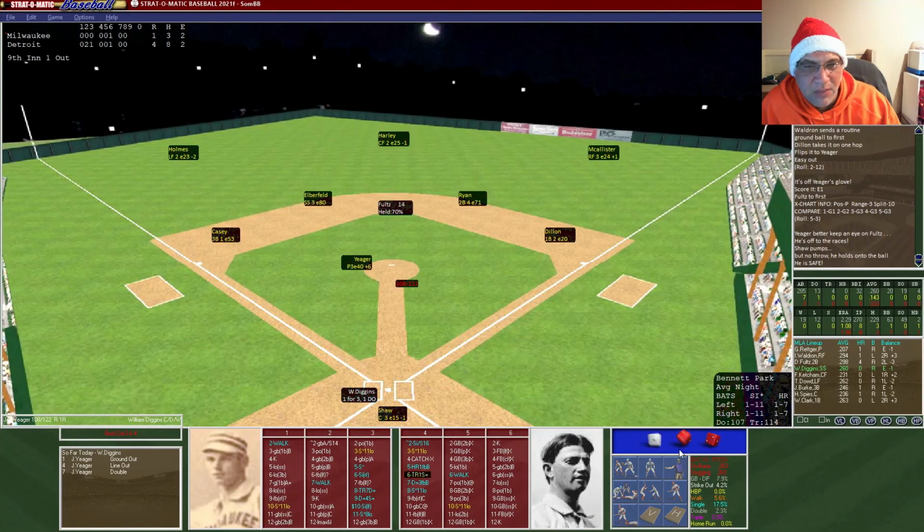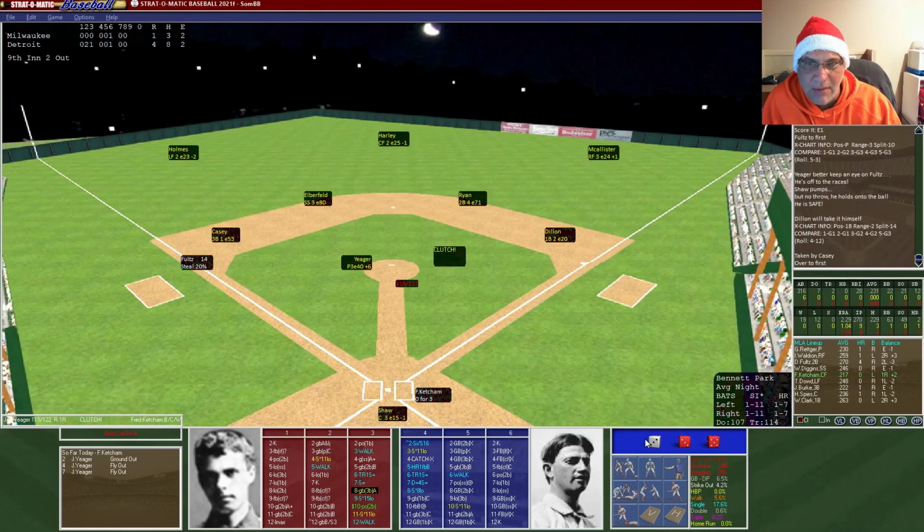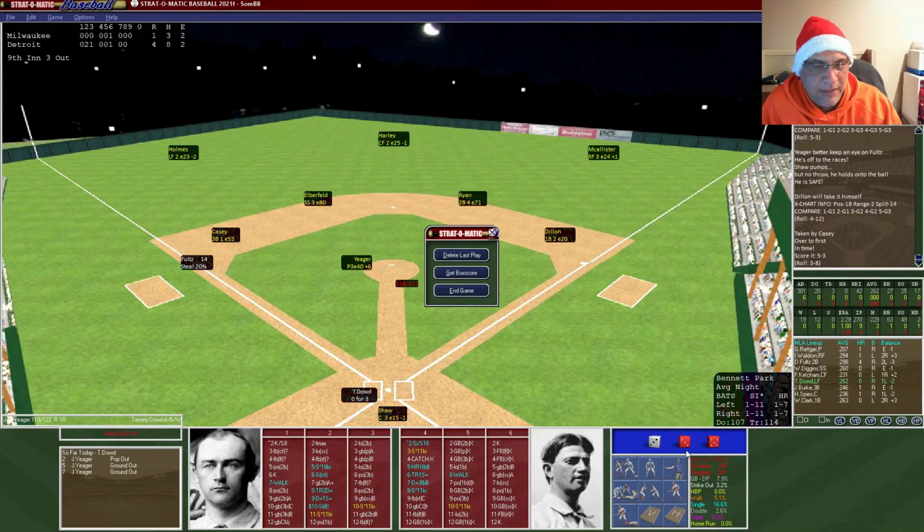Here's Diggins. He's 1 for 3 today with a double. He's going to hit a ground ball to first base. Dillon is a good defender. And Dillon will take care of it himself, letting the runner go over to third base. Fultz on third is not an issue for the Wolverines. Here's Ketchum, the center fielder. He is still yet to get a hit. He's going to hit a ground ball to Casey, who's going to throw it on over to Dillon, and that's going to end the game. Detroit wins 4-1.